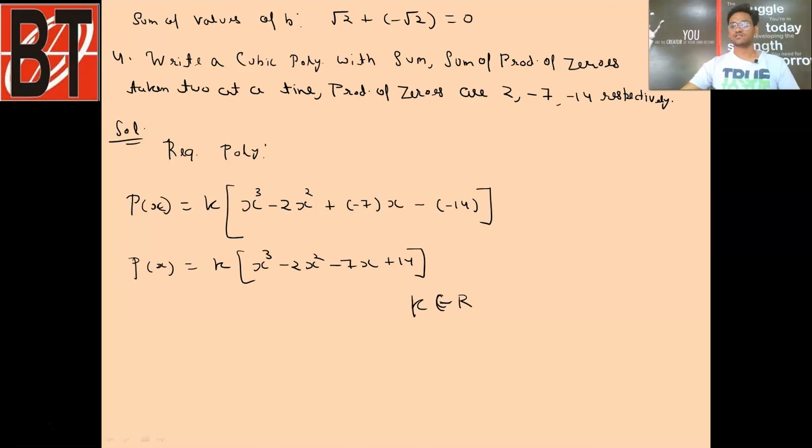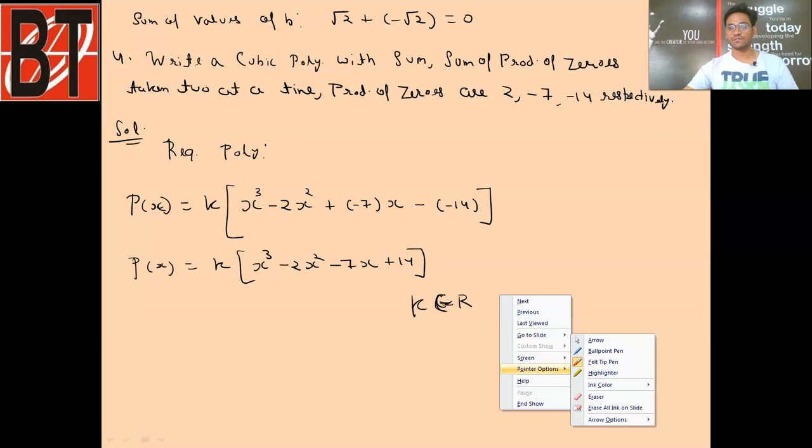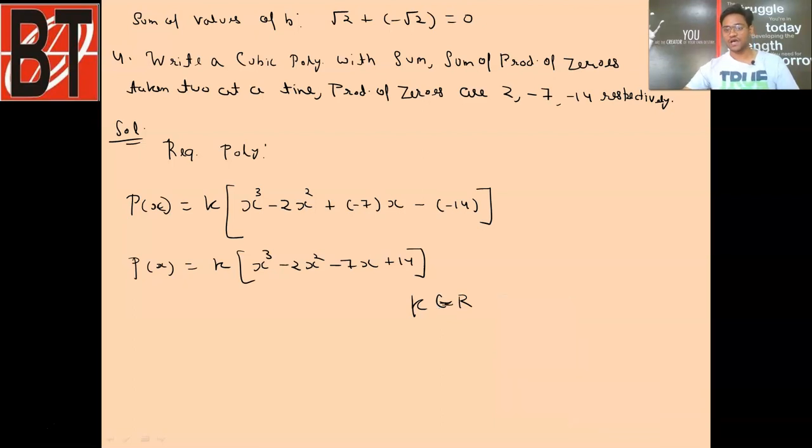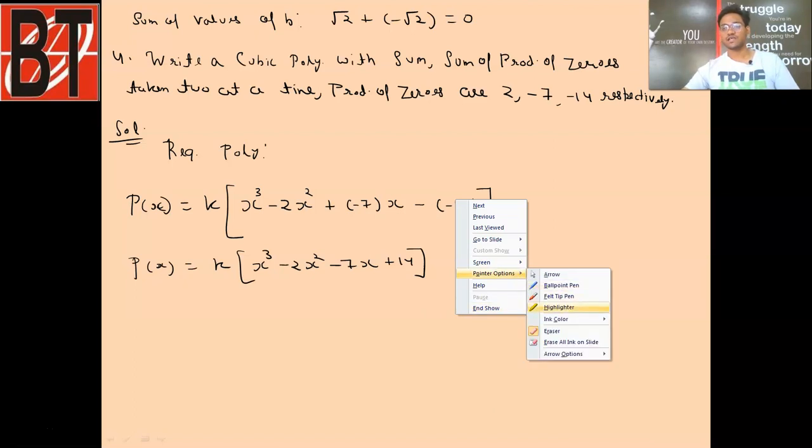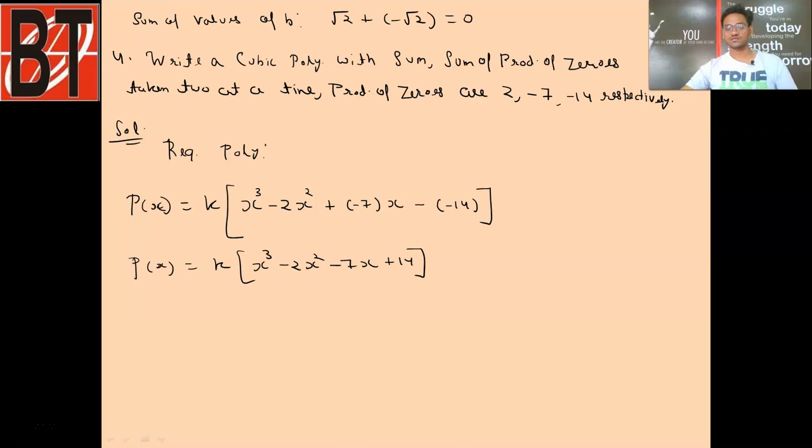Clear students, this sign that is formed like epsilon, this belongs to, tells that here k is any real number, or you can write in language where k is any real number. Clear students, I hope this question is also clear to everyone. Okay, now let's have some mixed question. It can be based on the quadratic polynomial or cubic polynomial. Okay, then we will be completing this chapter.